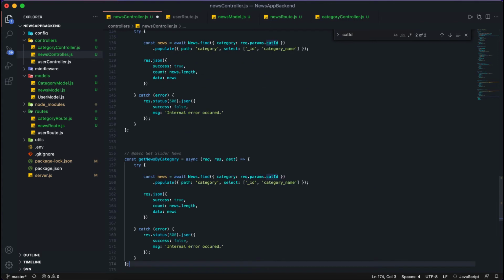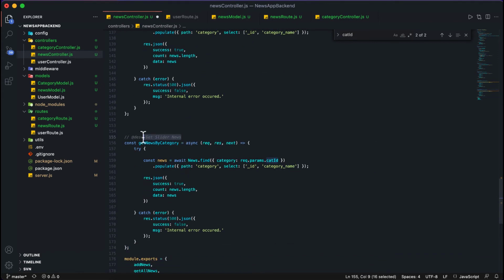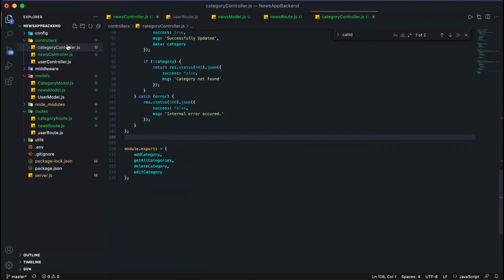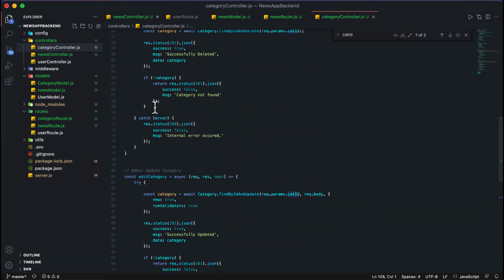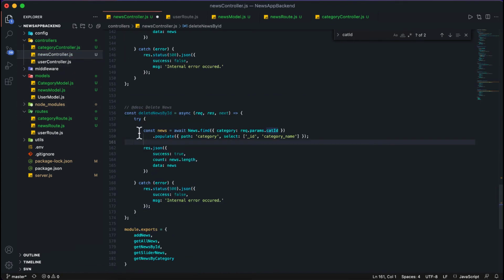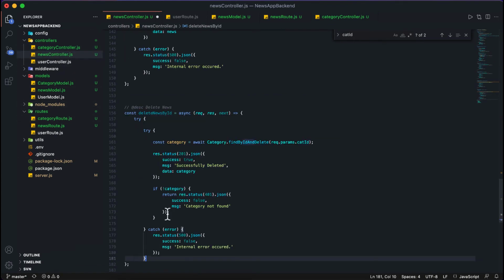Now we'll add 2 more endpoints, so I will copy everything here. It is taking time, so I need to do it a faster way. So here I will change delete news by id. As we did in the category controller, I will copy everything from here, and in the news controller I will paste it.